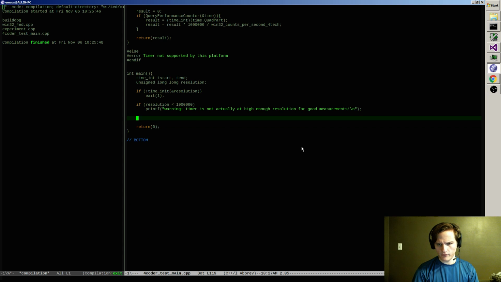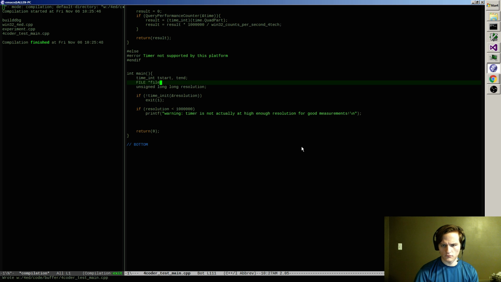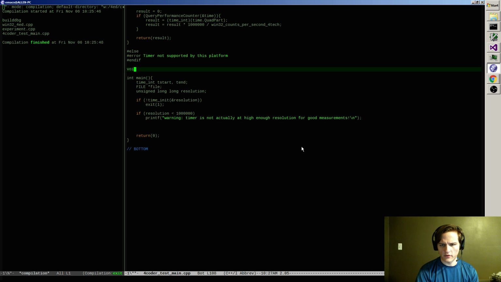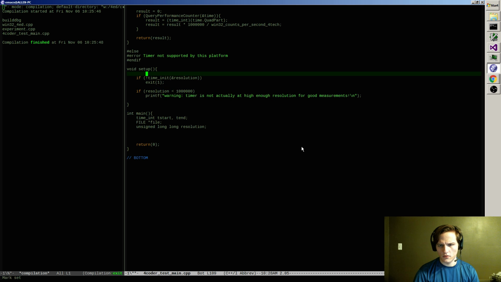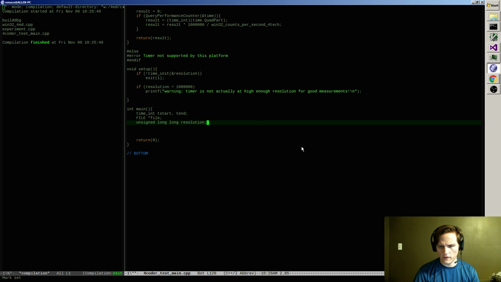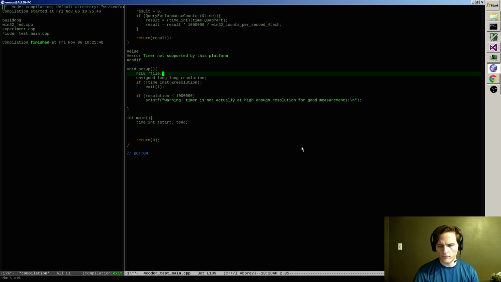All right, so that means next thing I need to do is get a file. And what I'm sort of tempted to do is say there's a setup function here which will pull this stuff out, and this, and this.